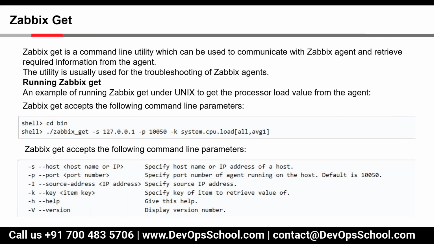Then we have a similar term, Zabbix get. Zabbix get, we need to run it on the Zabbix server backend Linux, if I want to check the connectivity. So I will use the Zabbix get command, in which I will mention the IP address of that server, the port, and a particular key item like system.cpu.load.